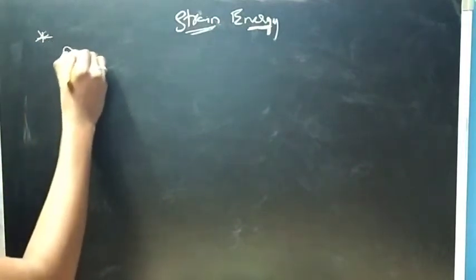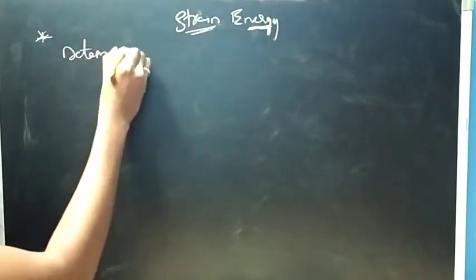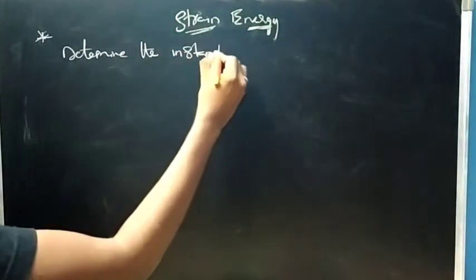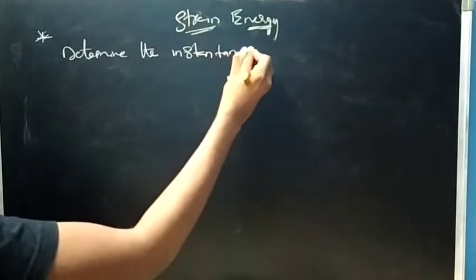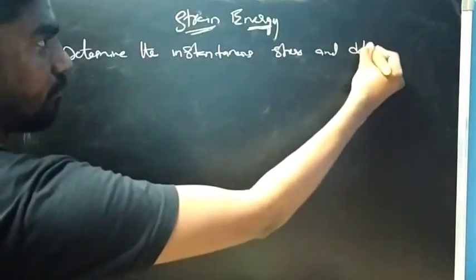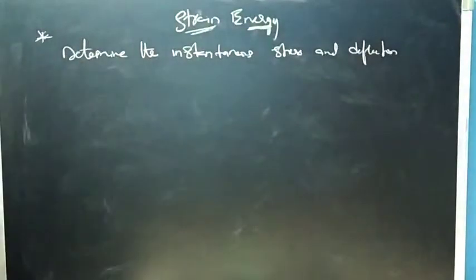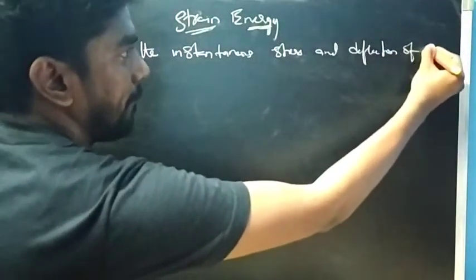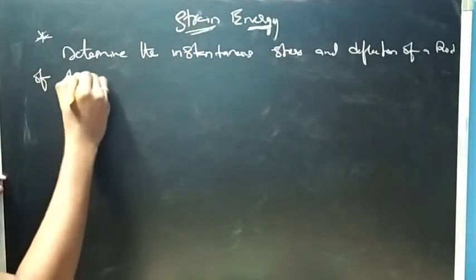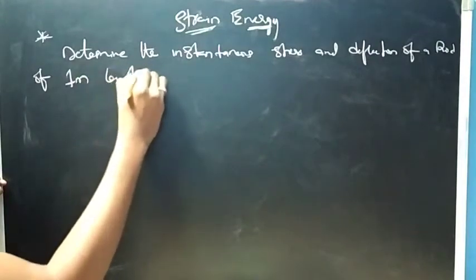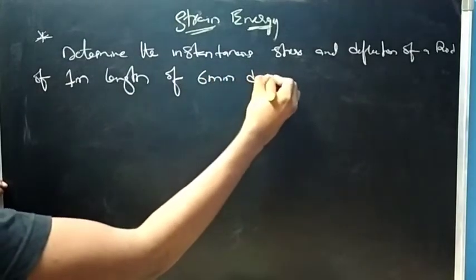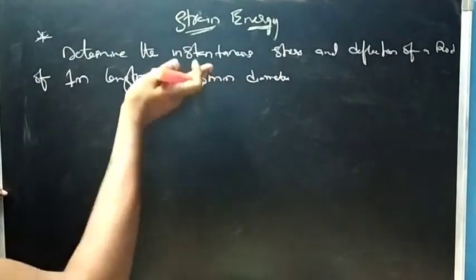Here is the question: determine the instantaneous stress and deflection of a rod of 1 meter length of 6 mm diameter. So the diameter is given, that is 6 mm, and the length of the rod